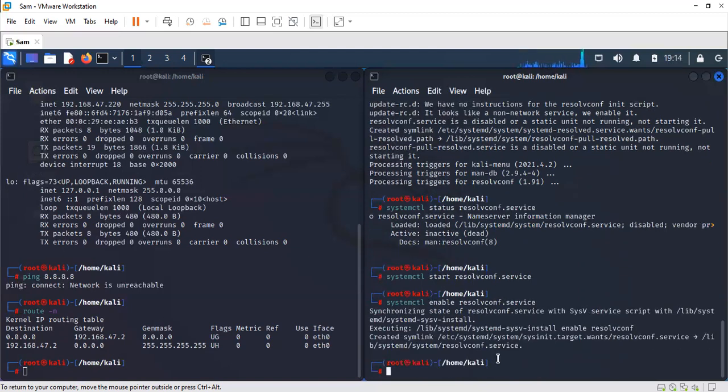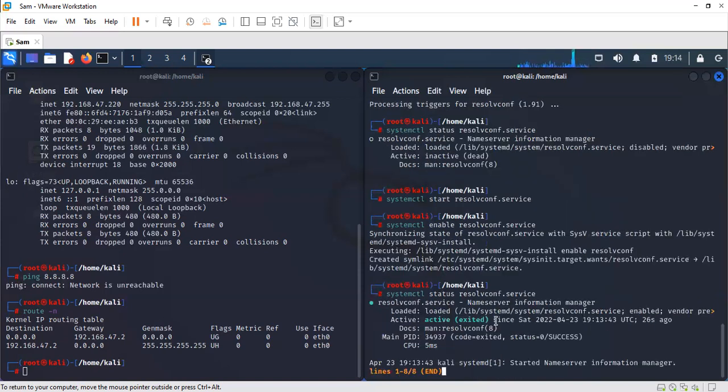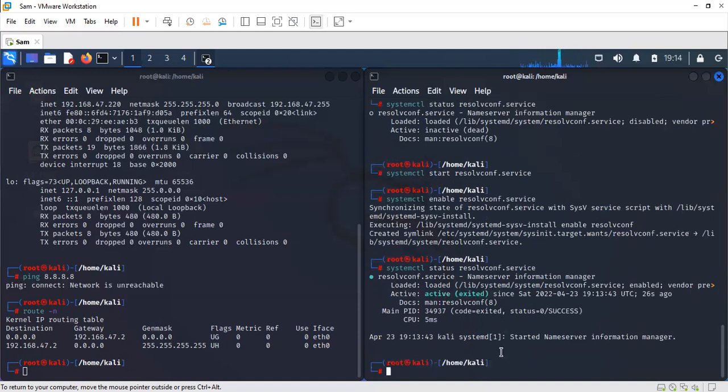Okay, so now we're gonna check again the status if it worked or not. Okay, here as we can see, it is active. Great. Now Control C to exit the state. Yes, and here we can see started name server information manager. So